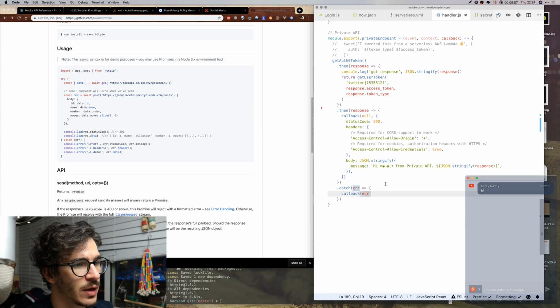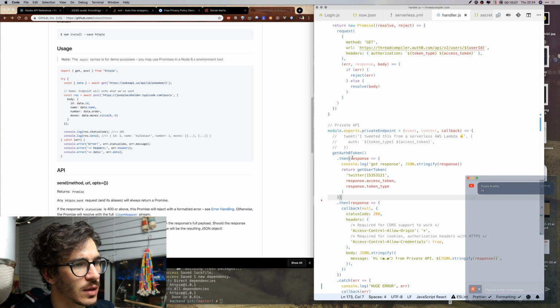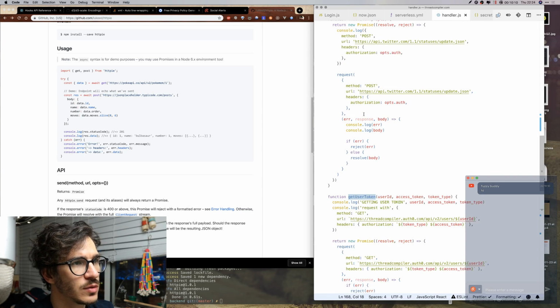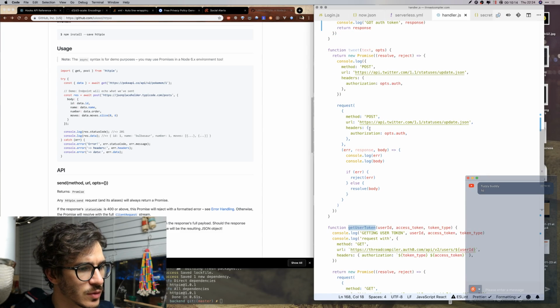And if there's an error, we're gonna console log huge error with error there. Okay, so get auth token, then response get user token. What does user token look like? Where's the get user token code?